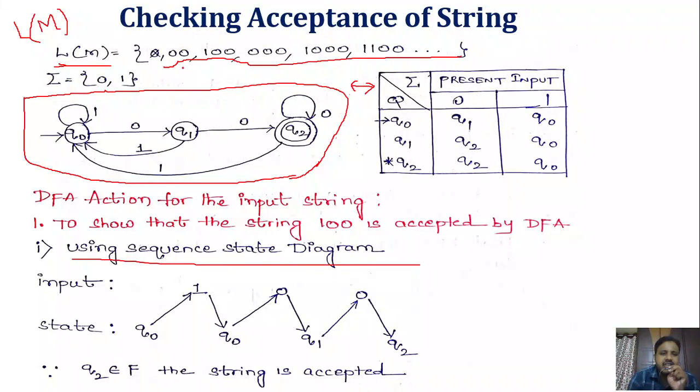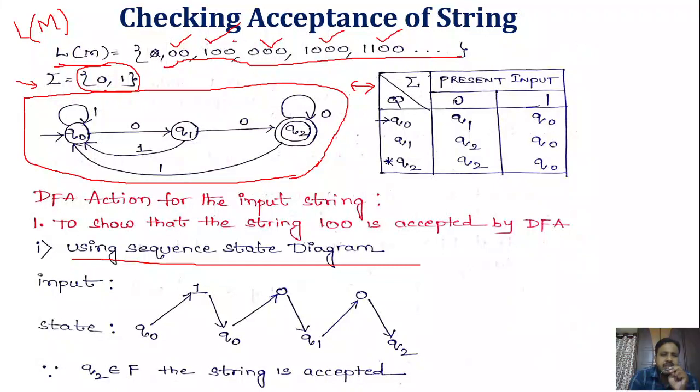Okay, the set of all strings that are accepted by the DFA. Now, what are the input symbols here in the DFA? 0, 1. So your alphabet set is sigma equal to {0, 1}. These are the set of strings: 0 0 1 0 0, triple 0, 1 triple 0, double 1 double 0. These are the strings that are accepted by the DFA. If possible, you can check it.